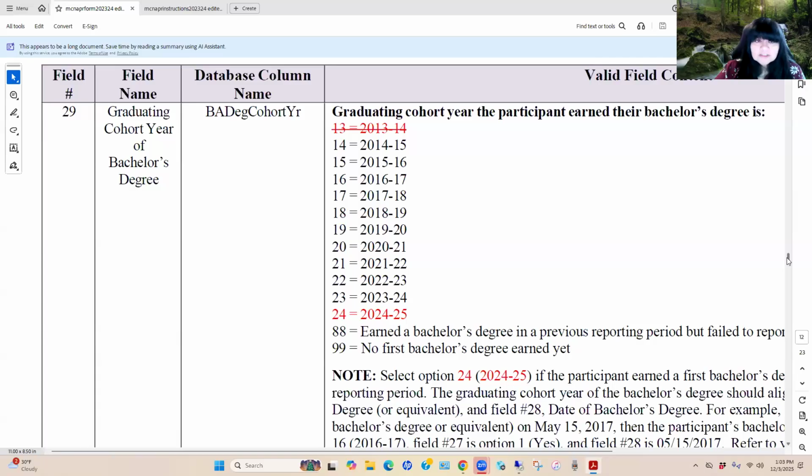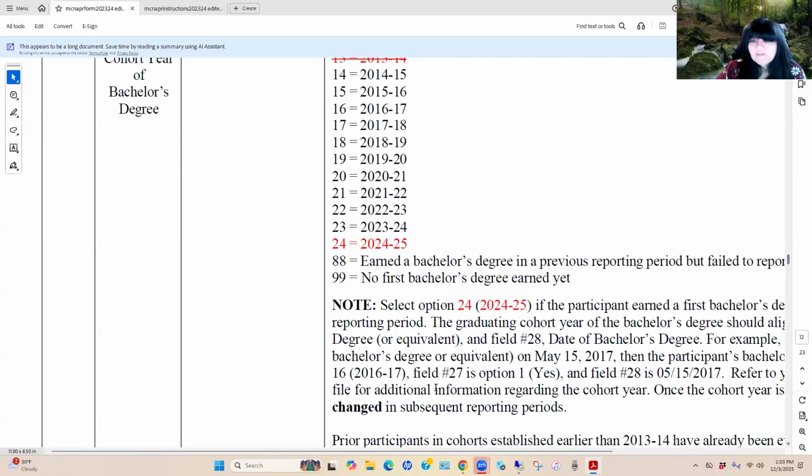You'll also notice that within this particular cohort field, we have a couple of different options. 88 means that the student earned their bachelor's degree in a previous reporting period, but we failed to report on them. That's because, again, we cannot add individuals to prior cohorts. The only cohort you'll be able to add students to in 24-25 is the 24 cohort.